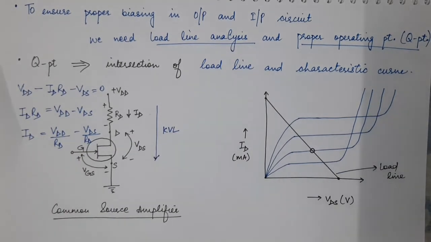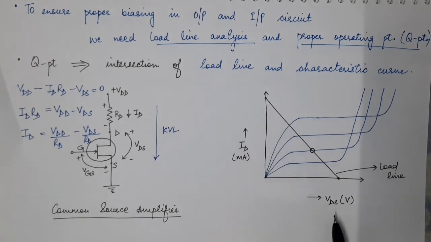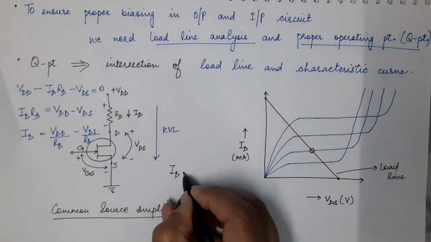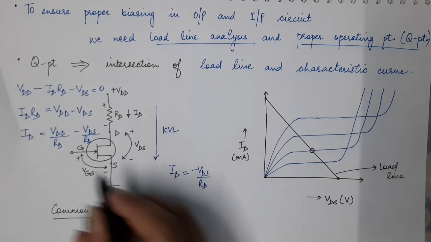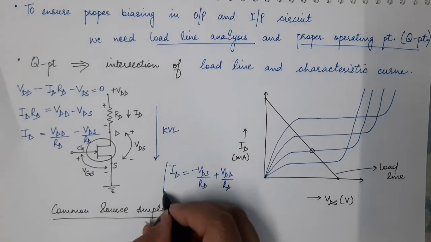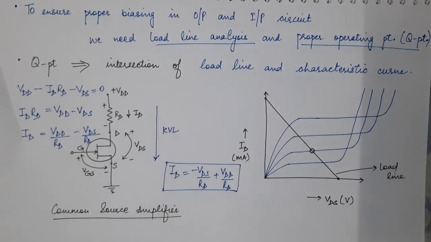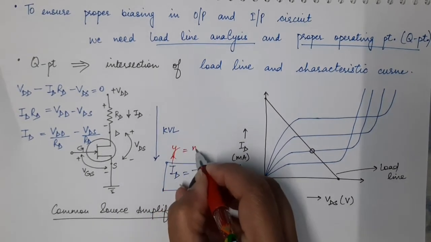Now rearrange this. Why? Because along the y-axis we have ID, along the x-axis we have VDS. So what will be the equation of a straight line? y is equal to mx plus c, with ID along the y-axis and VDS along the x-axis. So rearrange this, write this term as the first term and this term as the second term. So this is the equation of a straight line, where ID is y,